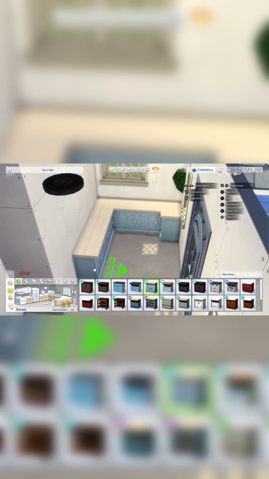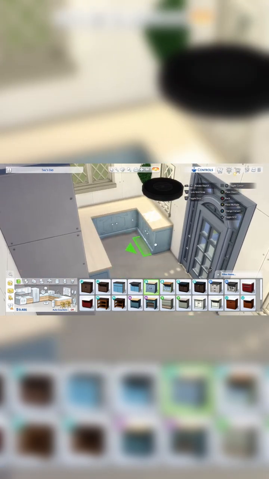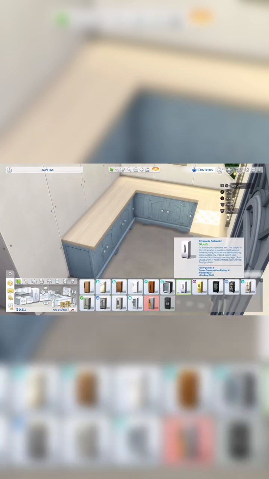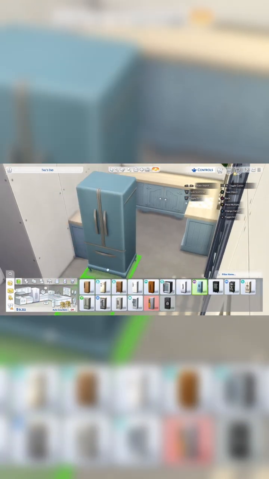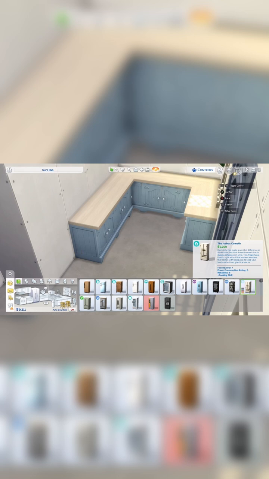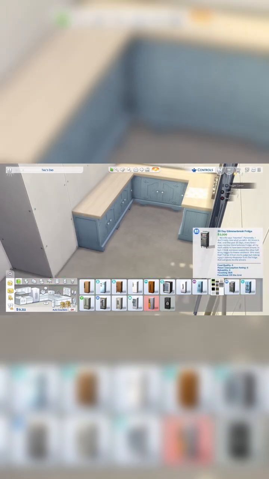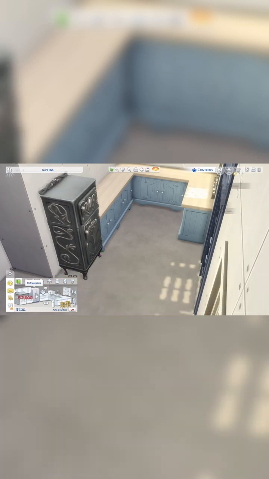So going into the kitchen, I wanted to do just a little space for her, and I went with this countertop from Cottage Living. It seems like a common theme that I always do. I just love those counters. I love the colors with it. And it came in that pale blue with kind of like a white countertop, so I thought it was very cute. And then the fridge,